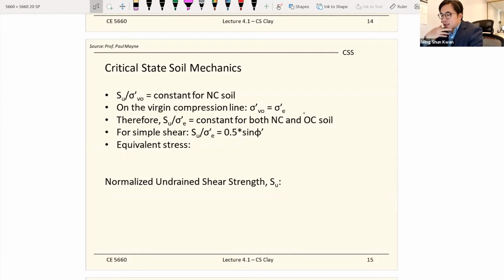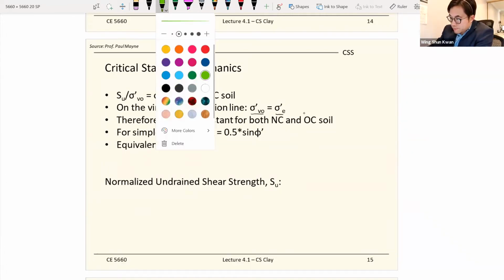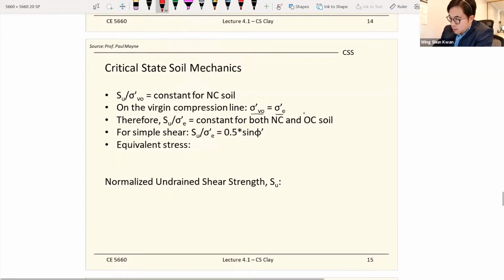This is consistent with the Chansap concept, on the virgin compression line. So we can find an equivalent stress that equals the initial stress from the overconsolidated state. So if this is at the NC state and this is at the OC state,